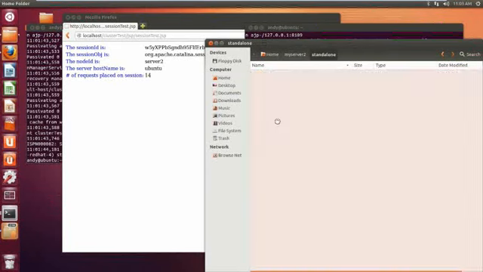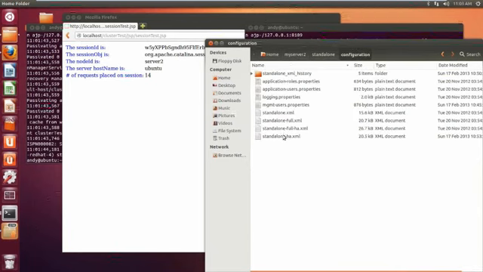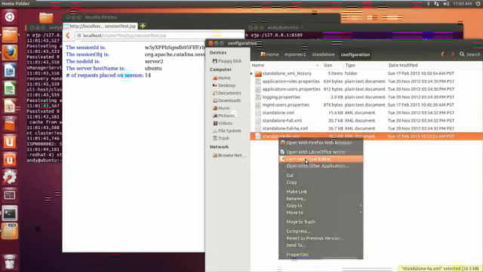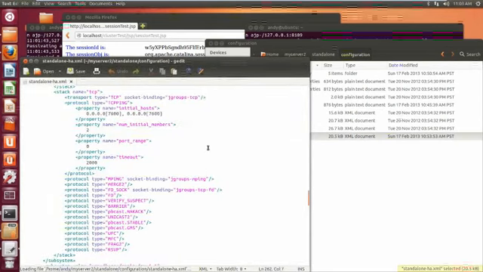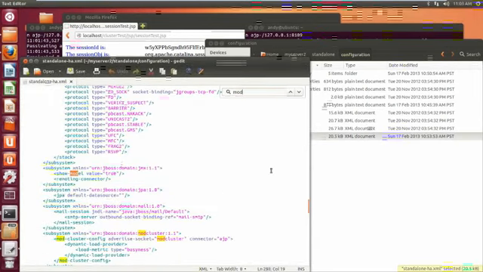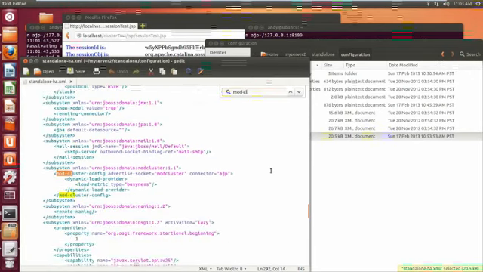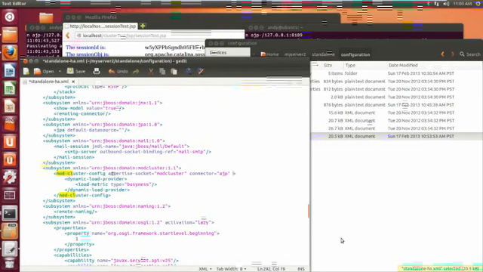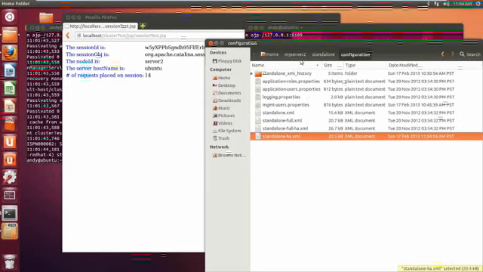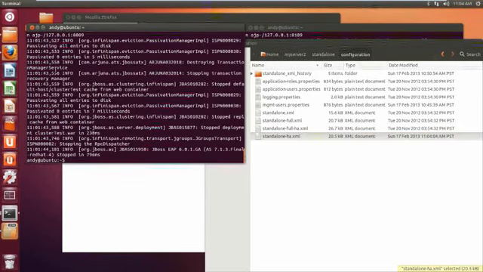Need to do the same change in my server 2. So again, we're looking for mod-cluster, and we're going to add in sticky-session equals false in the same place. Okay, so if we now start up our two servers again,